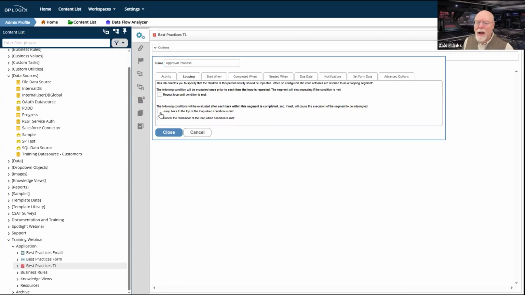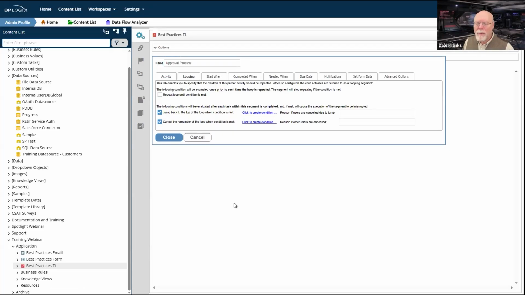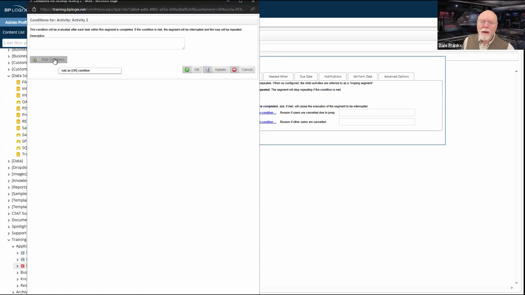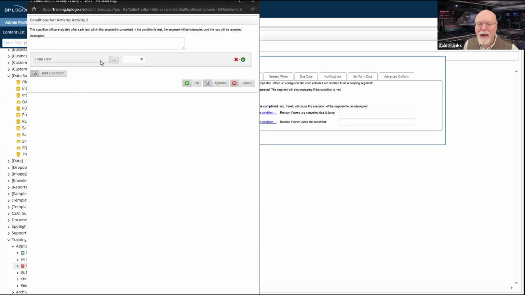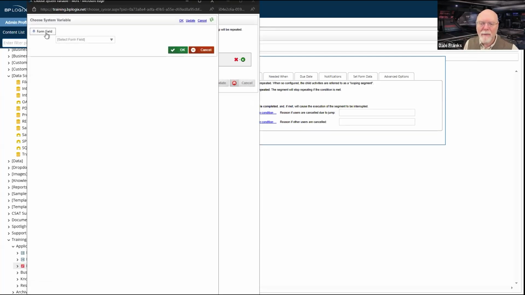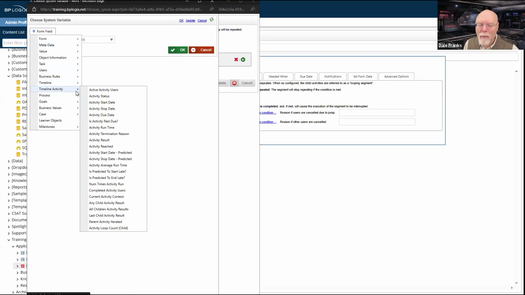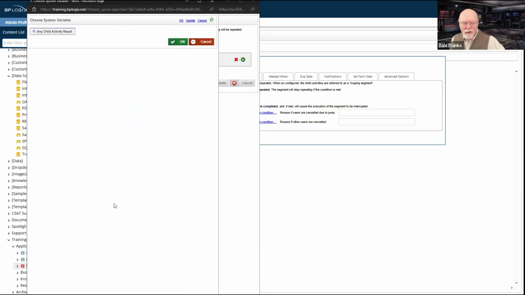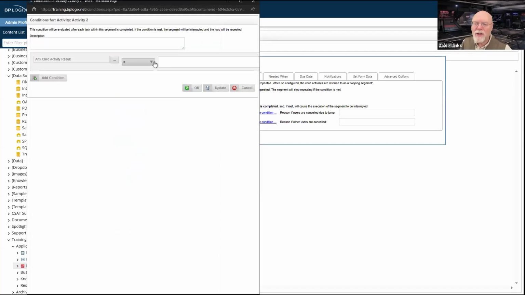And in the loop, I can define when I want to jump back to the top of the loop and when I want to cancel the remainder of the loop. I can do this really easily. I can add a condition and say, for my timeline activity, if any child activity results, so all of my approval activities will go under this parent. They'll be part of this loop. And so then I can say, if I have all these activities inside the loop, then if any child activity result contains